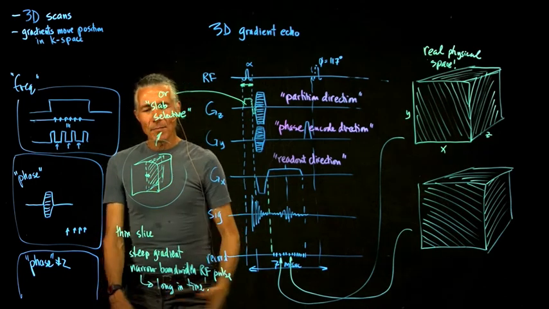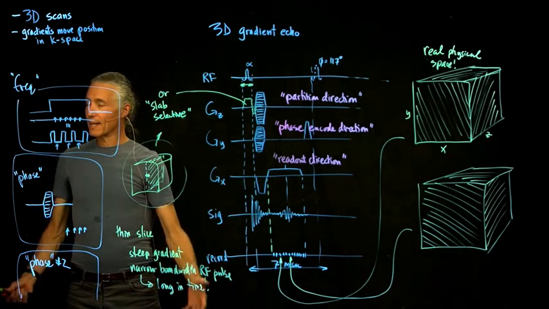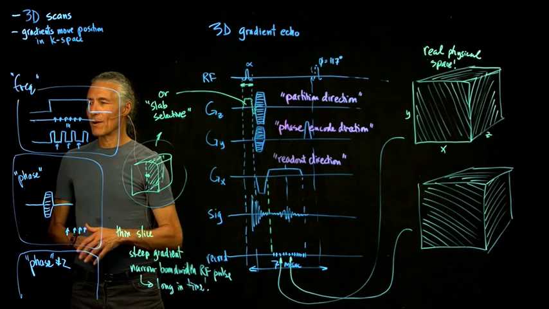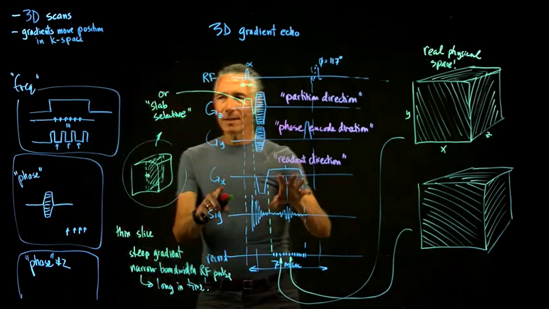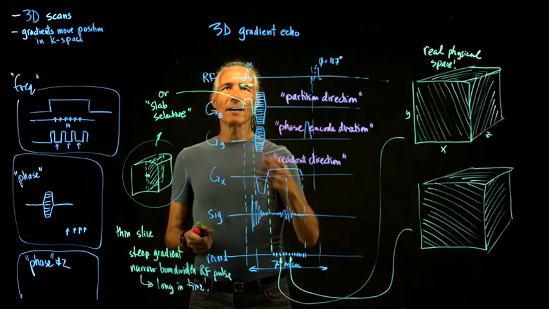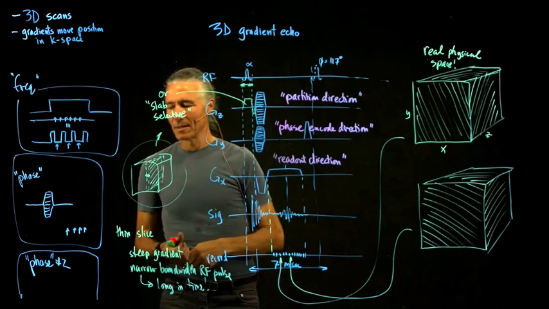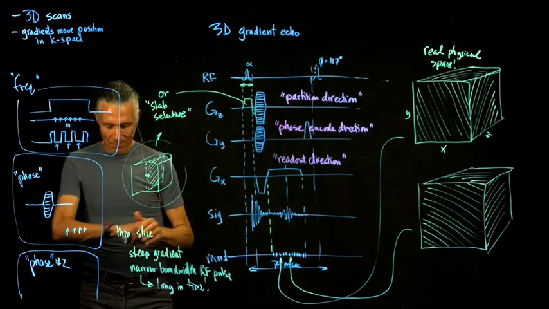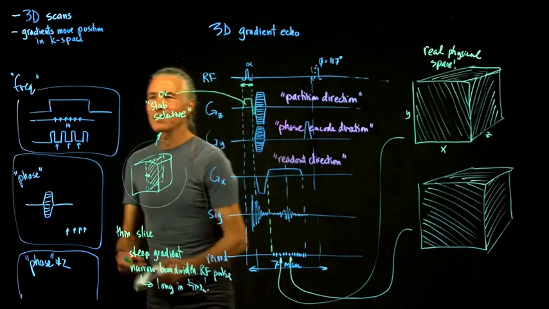And so basically it wasn't practical to make a 1 by 1 by 1 scan, and also it takes a lot longer. To do a 1 by 1 by 1 scan would take like an hour if you did it by slices. And so this completely revolutionized collecting 3D data by doing this second phase encode direction. So it has a couple slightly strange